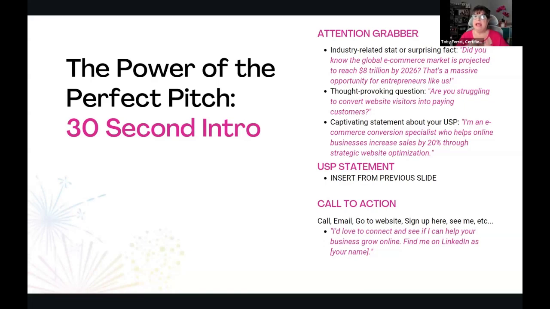Yes, you would do an attention grabber at the beginning of that. So what I said was more of your unique selling point, right? The very short, name, rank, and serial number. You want to add a little bit more to that by adding an attention grabber beforehand, right? So, whatever your statistic was, what was your statistic before? 68% of formerly incarcerated individuals are rearrested within 3 years. Period. End of story. That's your attention grabber. I'm Myrtle October. Take my business card. I'd love to connect with you. That's it. That's a 30-second intro.